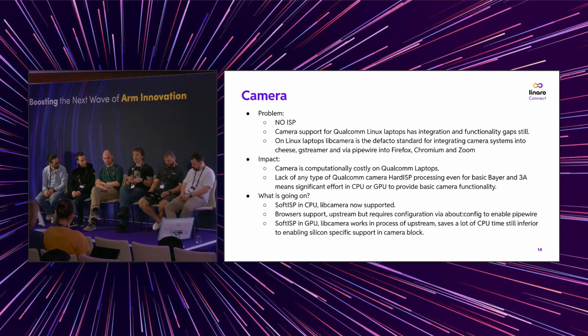For example, the Dell laptops don't follow the Qualcomm way of powering up the sensors, but the Lenovo laptops do. And I suspect because the Dell laptops come from x86, they have something working with x86, and they put a Qualcomm SoC down and then just adapted their software stack. So yeah, the cool thing is you can actually run the camera in a Hangouts call. The not so cool thing is the resolution isn't great, and because we haven't upstreamed any of the GPU ISP processing, it is computationally costly.